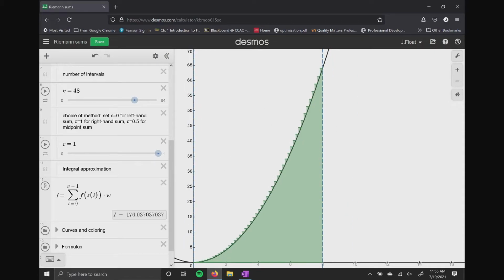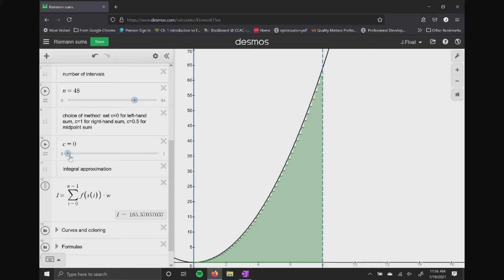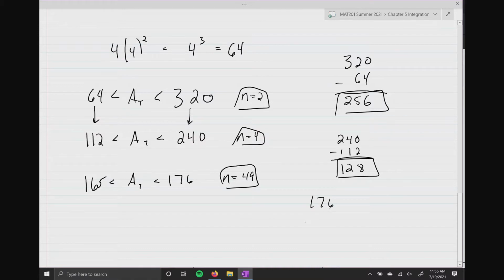Now, I want us to focus on this number right here. With an over approximation, it's approximately 176. With an under approximation, it's 165. And we are estimating the area under the curve, all right? So once again, underneath is 165. The over approximation, I forget it already, so I need to go back, is 176. And this is with n approximately 49 rectangles. And if I were to subtract these two numbers right here,